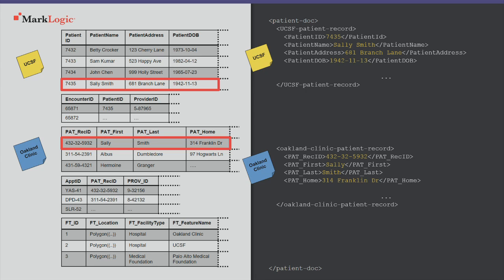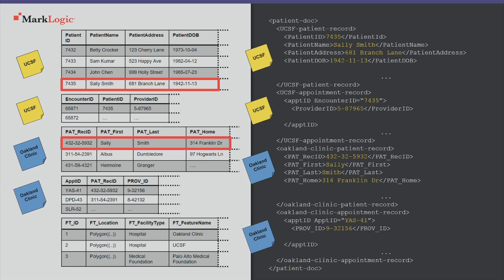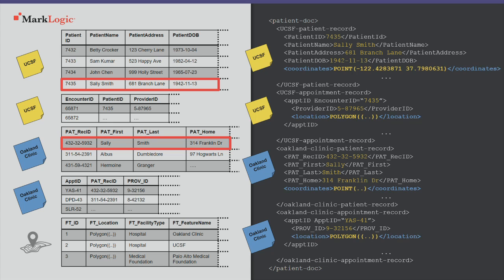So say I have two patient records, one from UCSF, one from Oakland Clinic, and I put them into one document. So now I've got a patient document capturing those two details together. Great. Well, now I take the appointment records as well and capture them in that one document. Very easy. Well, okay, let me spatially enable it, which, in MarkLogic, we don't really talk about spatially enabling because your